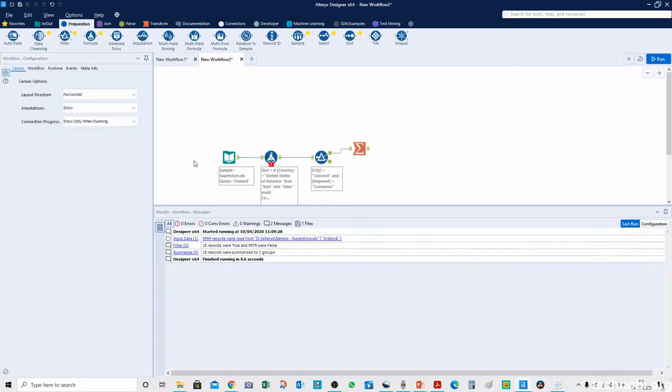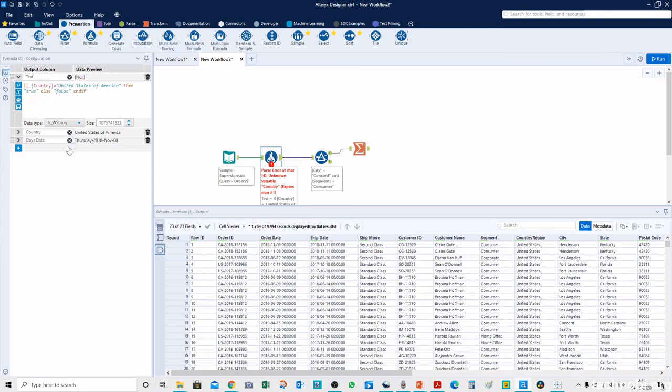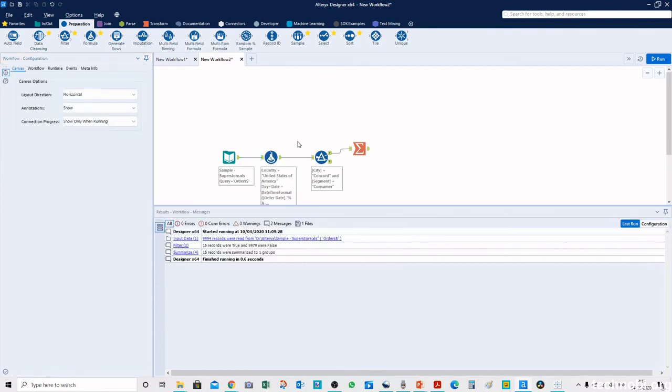So let's see what happens. So now we are seeing this error because of the order of creating this field, so here this field is not yet created, but when we drag it below this field to the bottom, let's see here, now we will not see this error.